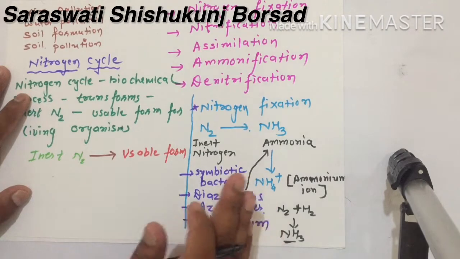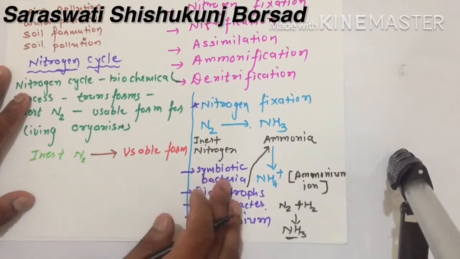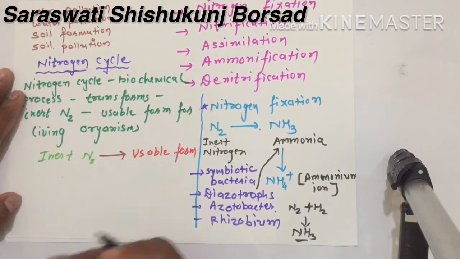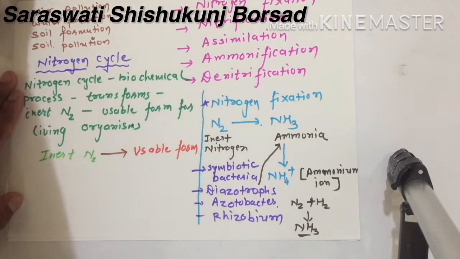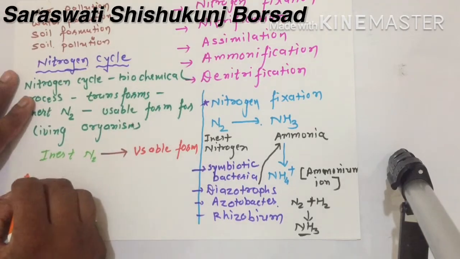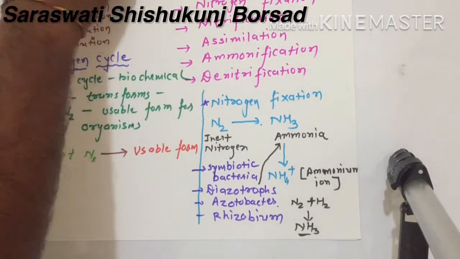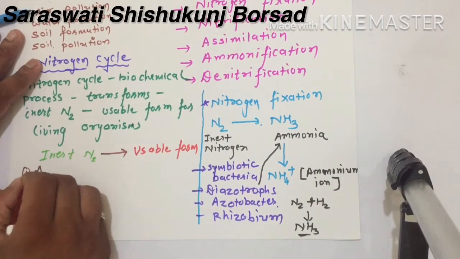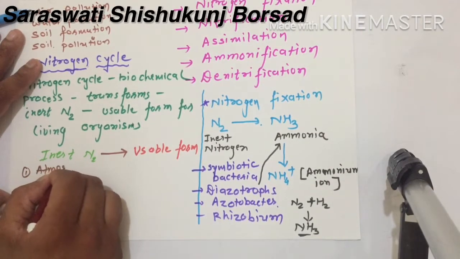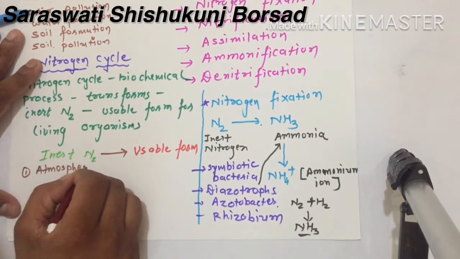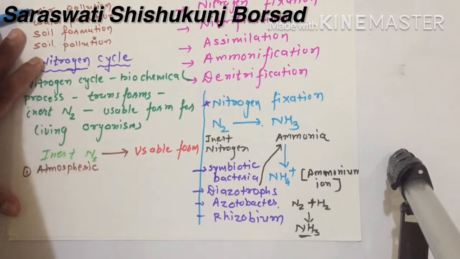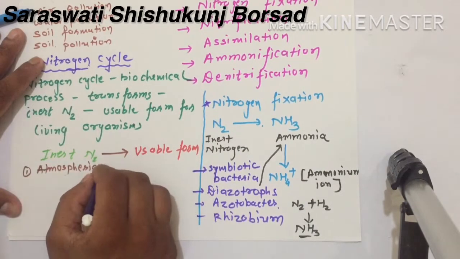See, this nitrogen fixation can be done in different ways. So let us discuss in how many ways this nitrogen fixation can be done. Nitrogen fixation can be done mainly in three ways. First is atmospheric fixation. We know that by the process of lightning,